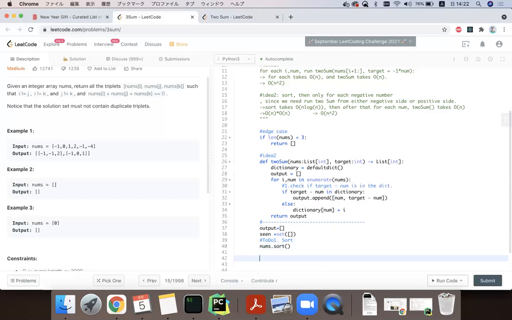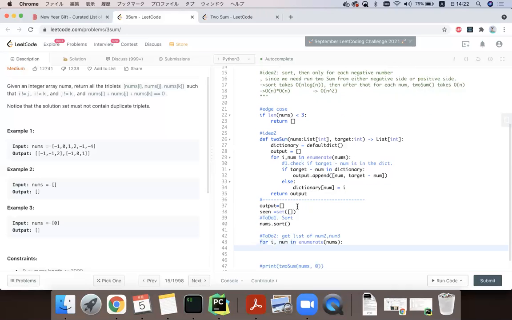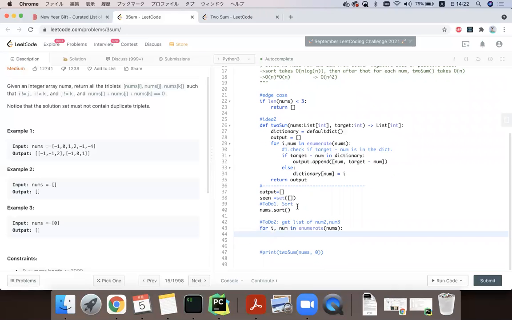And then to do two: get the list of num2 and num3. So for i, num in enumerate nums, we're going to run